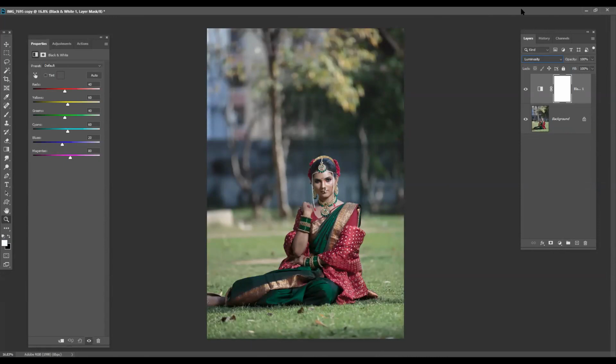As I have been trying for so many days, luminance is a base of white, gray and black. So white, gray and black are not a base of any color. So if we put in white, gray and black and go to luminance, then we can easily get the colors. Now from black and white, we can adjust the color. Suppose we go to reds. It will try to bring the reds, darks and whites up. Yellows, it will try to bring the darkness of the tones with the greens.